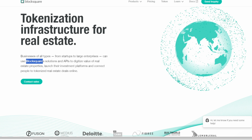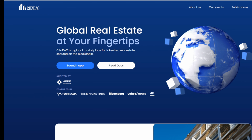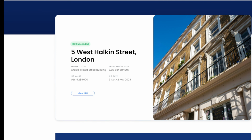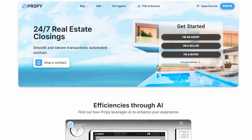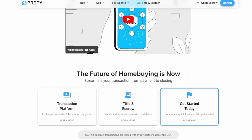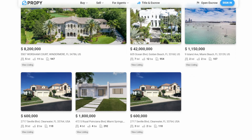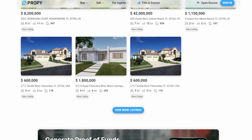BlockSquare offers the necessary infrastructure for managing and trading tokenized properties, while CetaDAO provides a global marketplace for real estate, utilizing the Ethereum ecosystem to reach a wide range of investors. Propi, on the other hand, focuses on automating real estate transactions using smart contracts and NFTs, delivering a seamless blockchain-native experience for both buyers and sellers. By making real estate investments more accessible and tradable on-chain, these projects help democratize ownership and simplify the complexities of